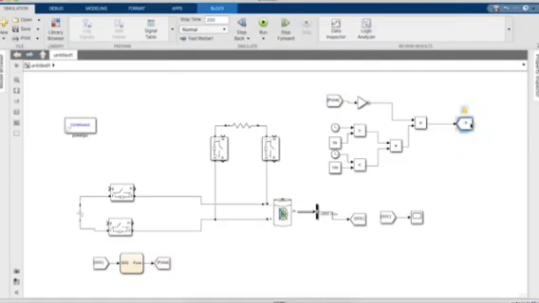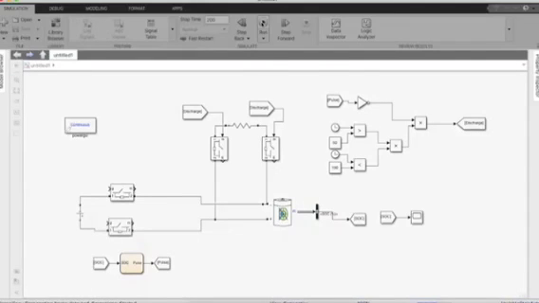We rename it as discharge. So discharge is high only during this period of time. And obviously the pulse is to be 0 when it is high.